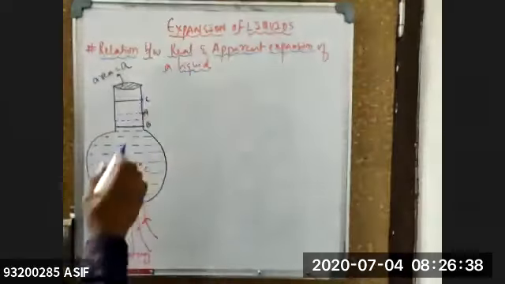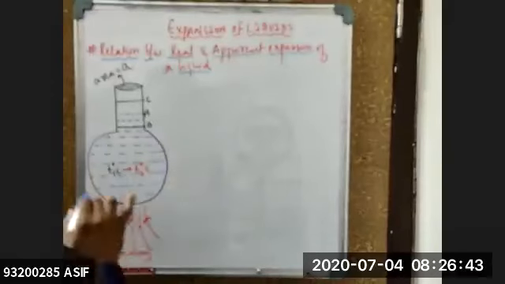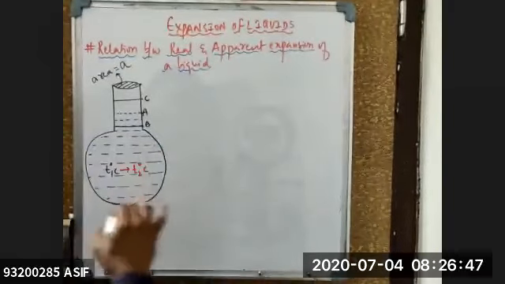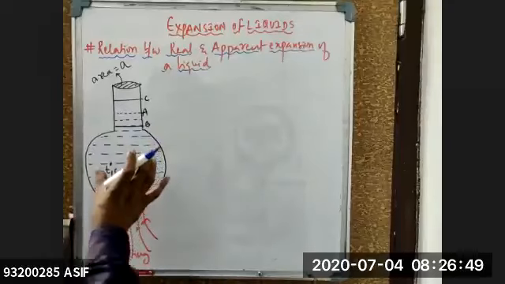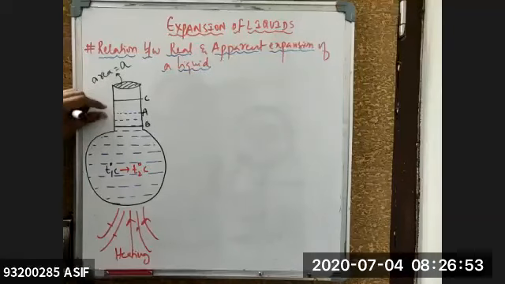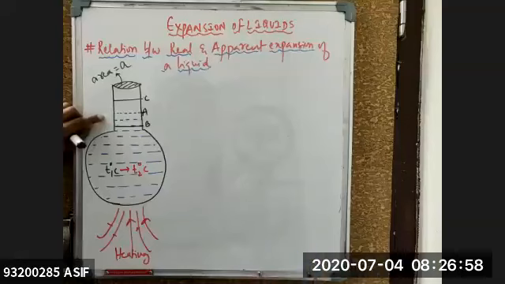So what are these 3 points you see better? The moment you heat it, first there will be an increase in the volume of the vessel. The vessel will try to get heated up. So the level of liquid will first drop, because the linear expansion is right now in the upward direction. There will be a small drop which we can't see with the naked eye.